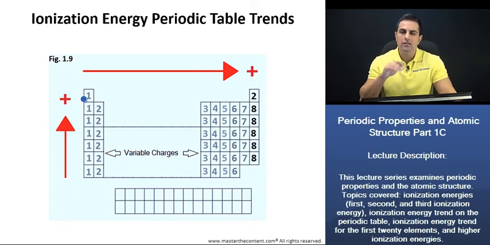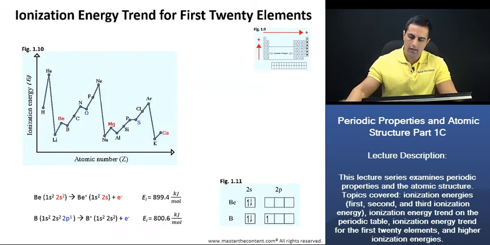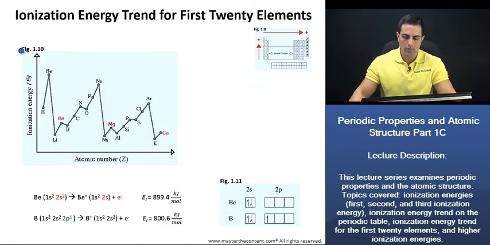Okay, great. Let's delve a little bit deeper now and take a look at figure 1.10. Excuse me, for a second, let's come back up here. So on the previous slide, we had just stated that the ionization energy increases to the right going across a row. One irregularity in that trend we can actually see